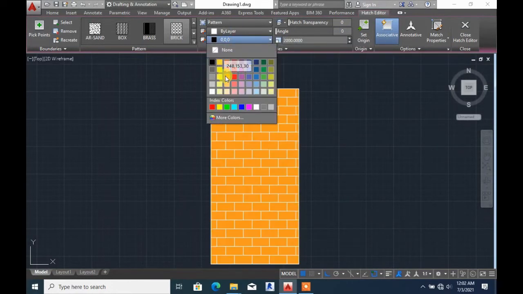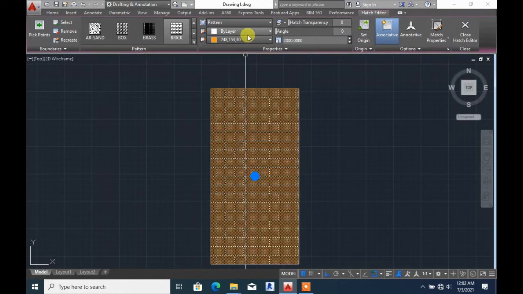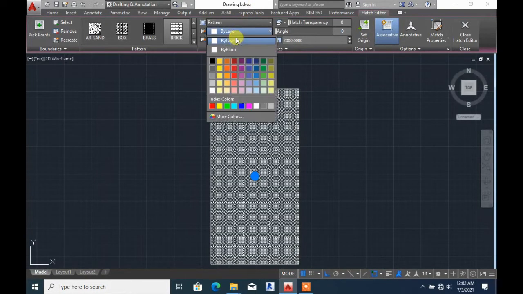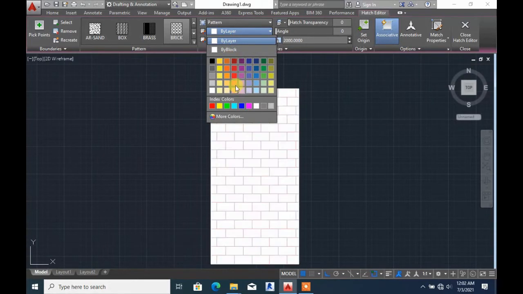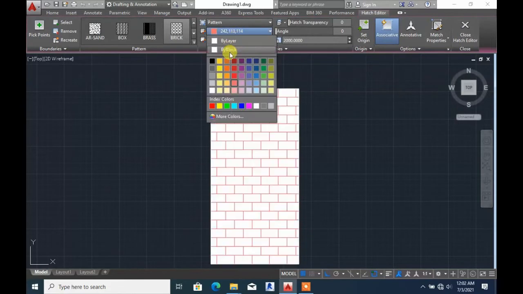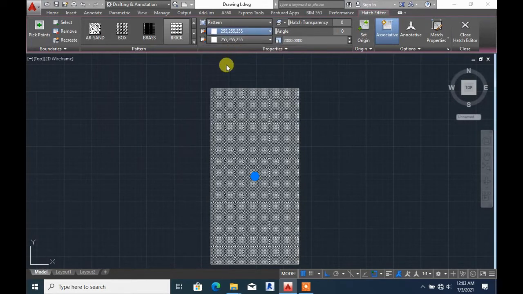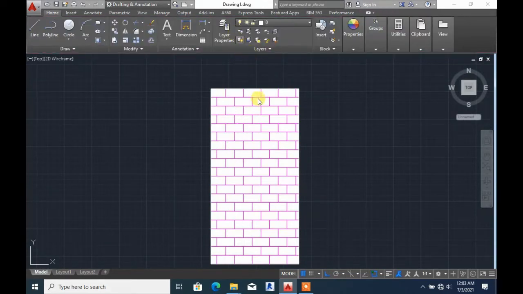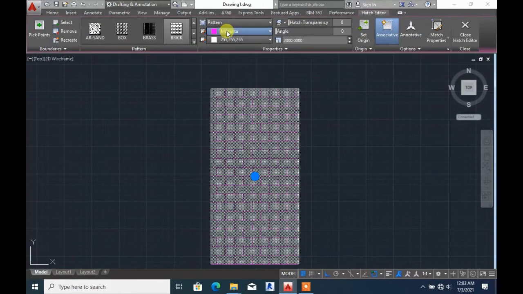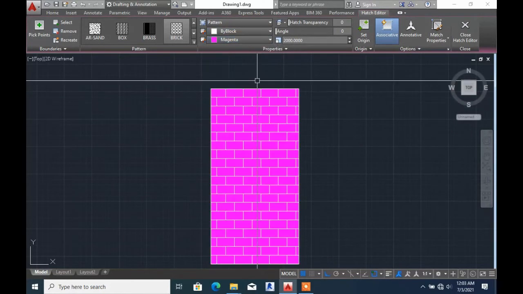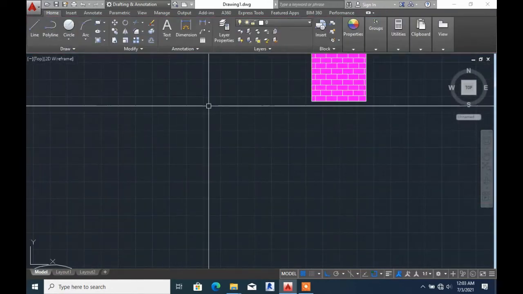Now if I want to change the color, maybe I don't like this color, I can make this one white, and then this one, but it doesn't look like brick, so the one I made white should be the yellow one. Sorry, it should be white, I guess. This should be the yellow. So I've been able